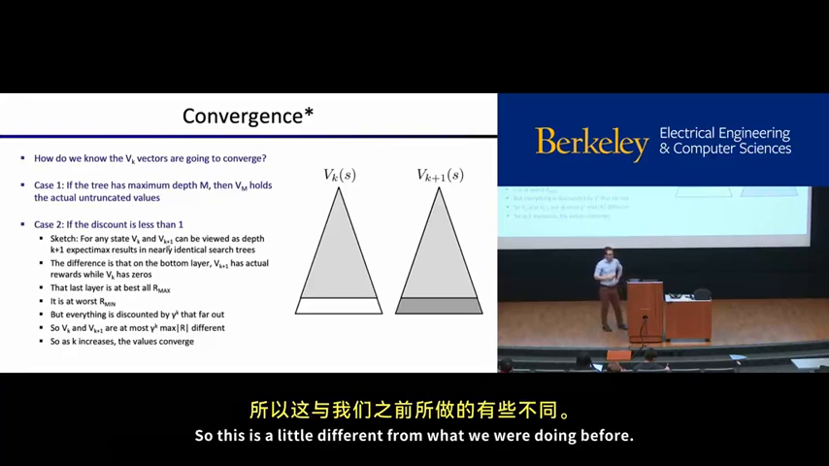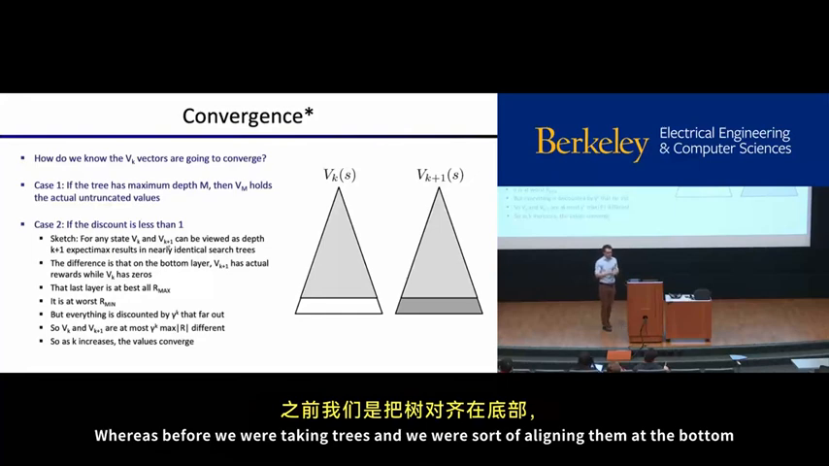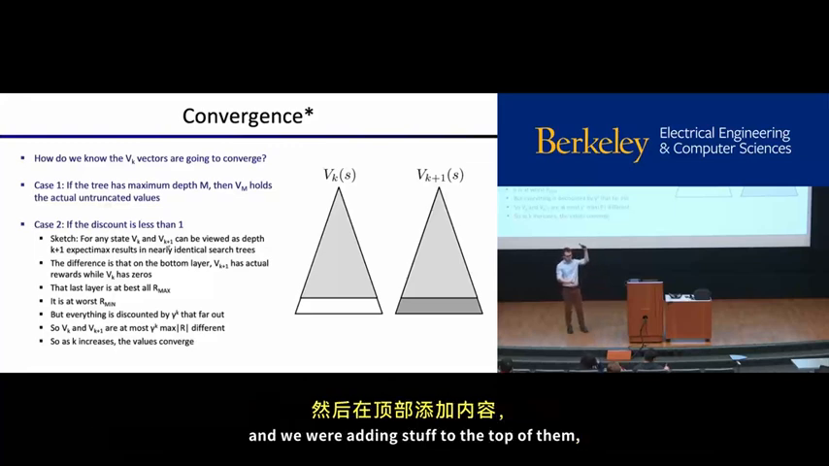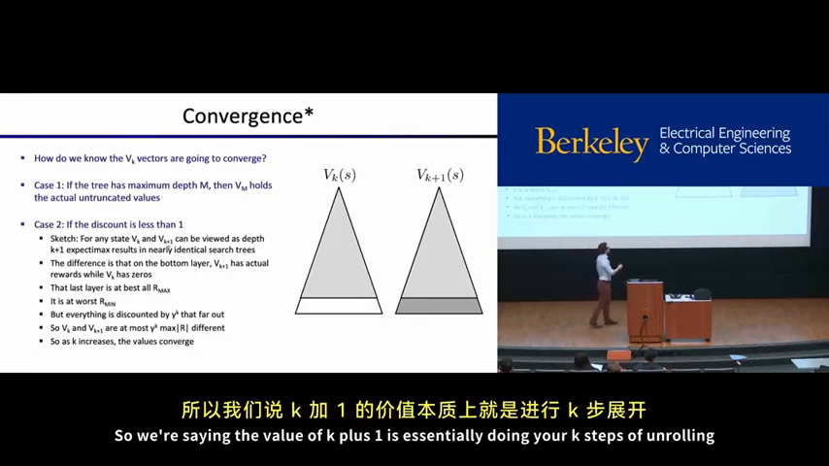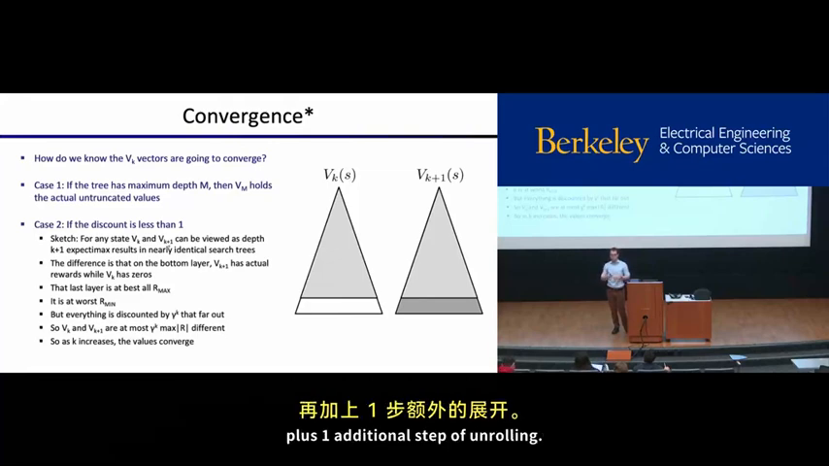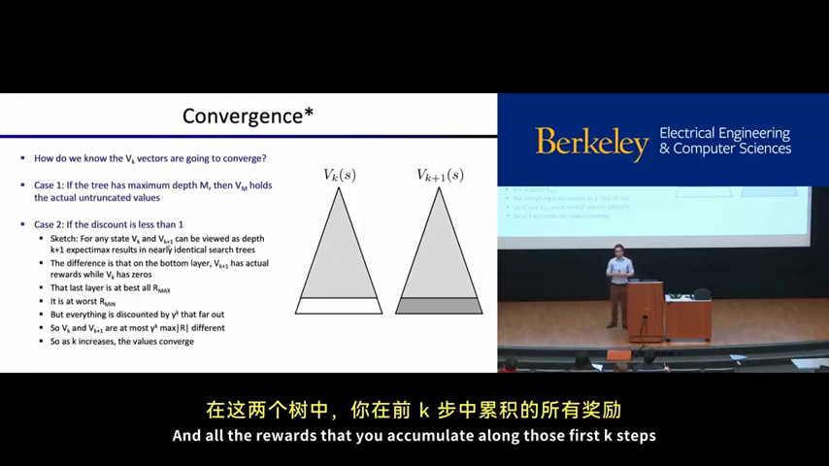Okay, so this is a little different from what we were doing before. Before, we were taking trees, aligning them at the bottom, and adding stuff to the top of them. Now we're aligning them at the top and we're going to add stuff to the bottom. So we're saying the value of k plus 1 is essentially doing your k steps of unrolling plus one additional step of unrolling. And all the rewards that you accumulate along those first k steps are the same in both